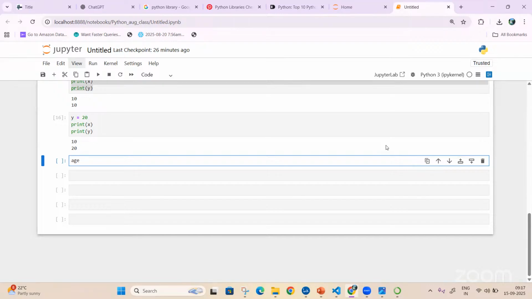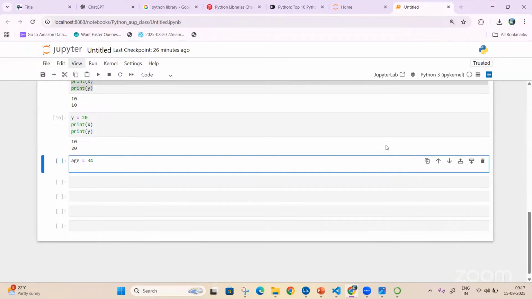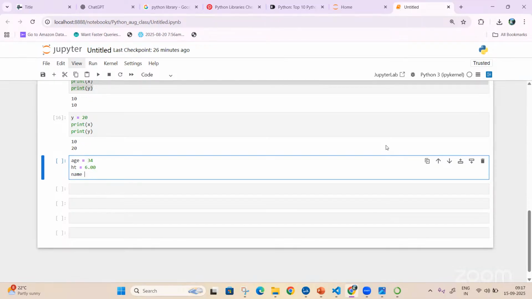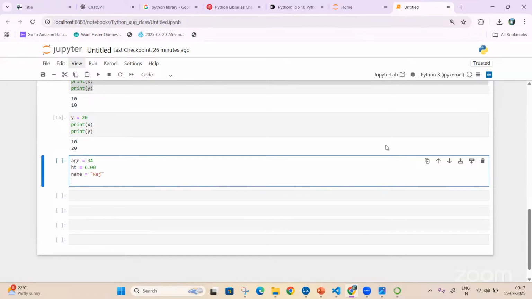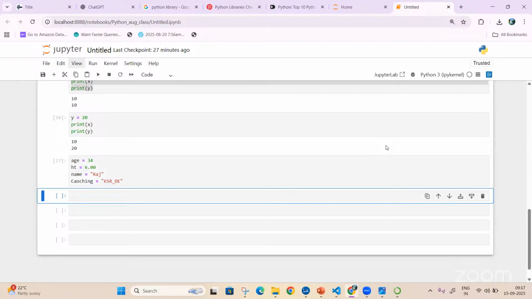I'll say age equal to 34, height equal to 6.00, name equal to Raj, and coaching equal to KSR data engineering. I defined my variables like this.